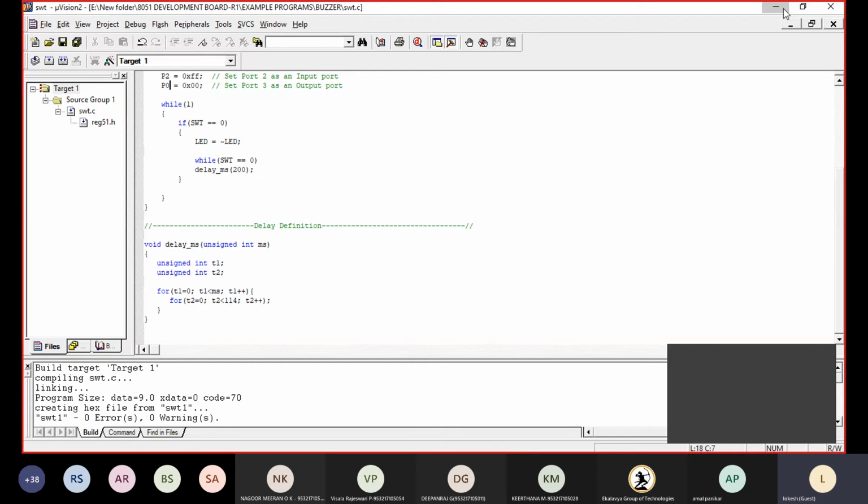Next, load file. The file we have taken is the buzzer program, this one. Open. Next, update chip. Then it will show that the chip is successfully updated.